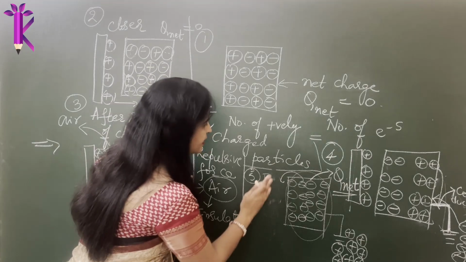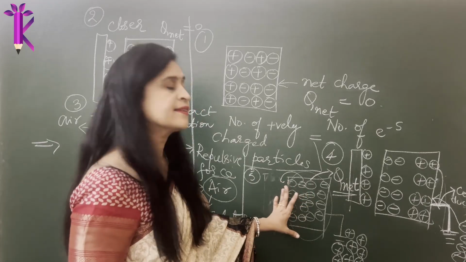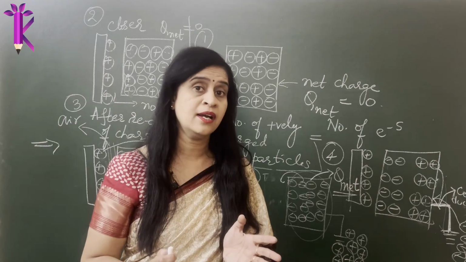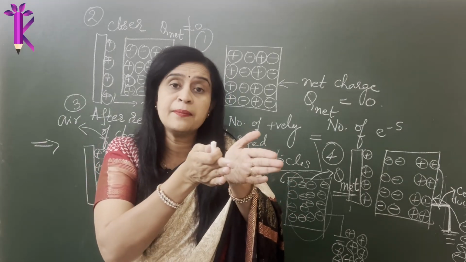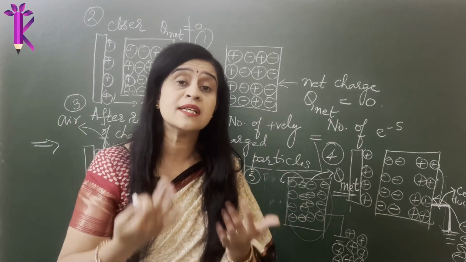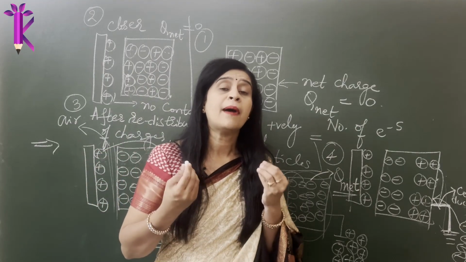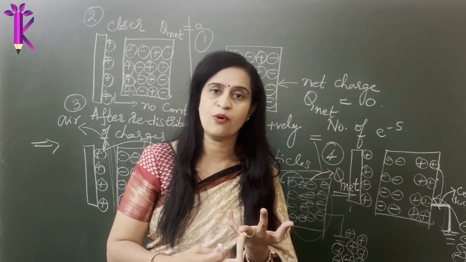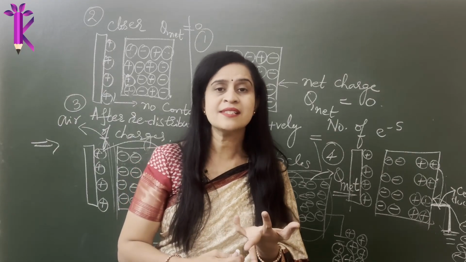Now let's remove this conductor. Since there is an excess of electrons on this conductor, we have successfully charged a conductor not by bringing another conductor into contact. When I mean contact, I meant to touch them. We just placed it at a distance and we were able to charge that conductor only by two properties of charges, that repulsive force and attractive forces are experienced by like charges and unlike charges respectively.